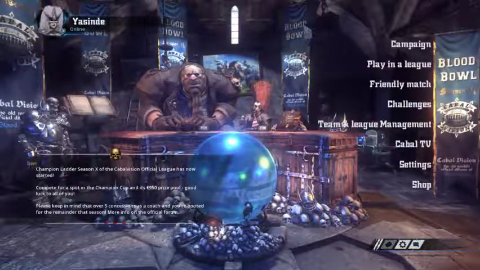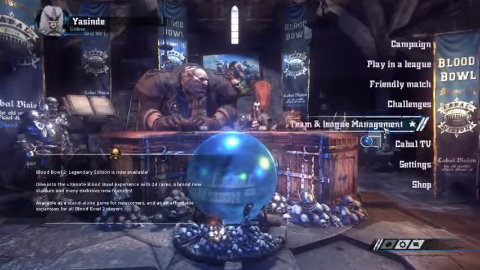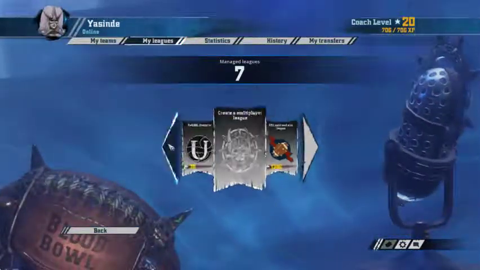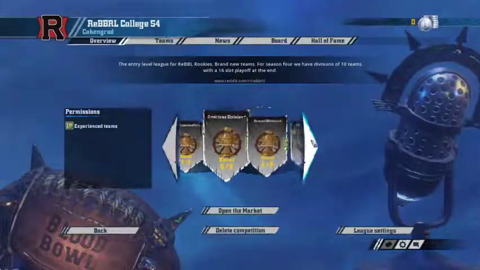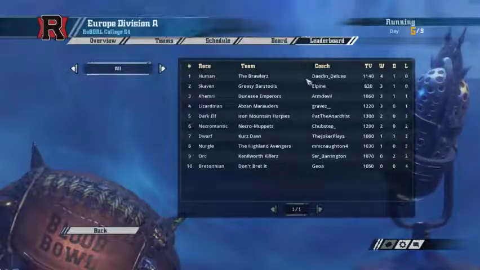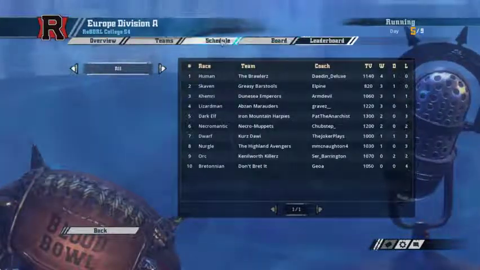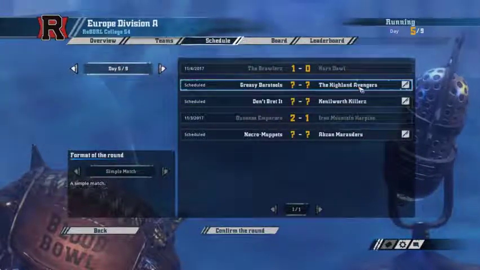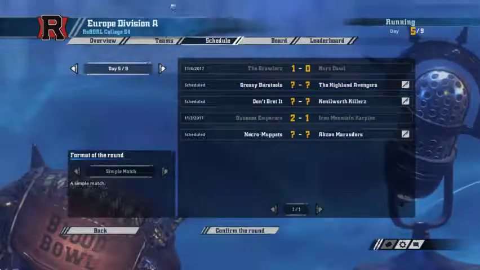Looking forward to see your next match versus the Brats, and I think you're on 2nd place right now. Am I correct? College League UA leaderboard. No, you're first, but the Skavens have to play. Alpine Greasy Barstools versus the Highland. Oh, versus McNaughton. If McNaughton is lucky and gets his beasts into key positions,